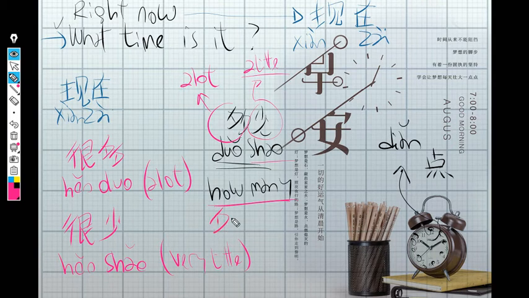Depends of what is the item you're talking about. But this is for actually large quantities or big quantities. Let's say you're gonna use it for more than 10 items. This is something that in English we don't have. I mean, we use how many or how much, no matter how big is the quantity we're talking about. But in Chinese, for large quantity, or something more than 10, we're gonna use duo shao. But for less than 10,